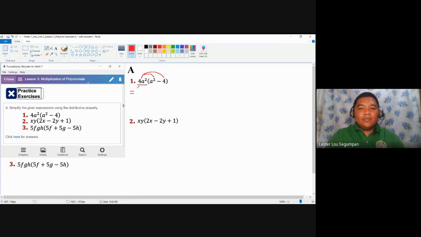So we are going to distribute this. This becomes a factor for a squared times a squared. Now, I don't mind which process you will use, but I'm always going to advise you that we use plus as a separator. Again, they should be separated because in the given, we have a binomial. The monomial will be distributed to the binomial. So we are going to have two separate computations later on.